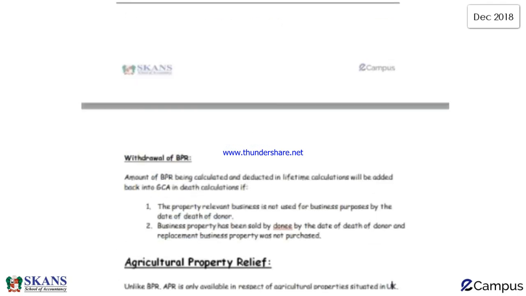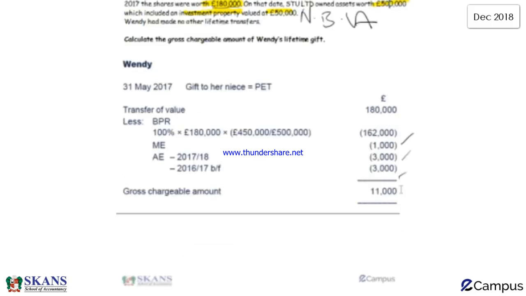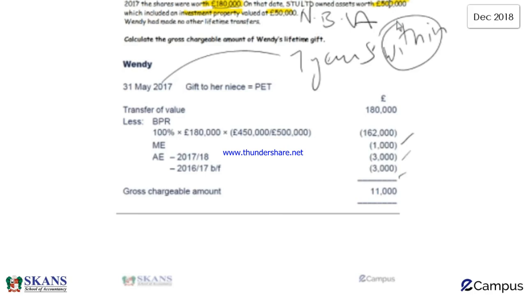The BPR which you have just claimed, and the gross chargeable amount is 11,000. Now we should consider how BPR would react on death calculations. If Wendy lives 7 years after making this transfer, we should not be considering anything, as this transfer would become an exempt transfer on death calculations. But if she dies within 7 years, this transfer would become chargeable, and candidates must consider